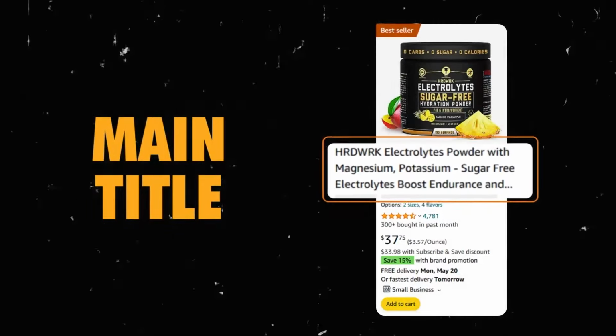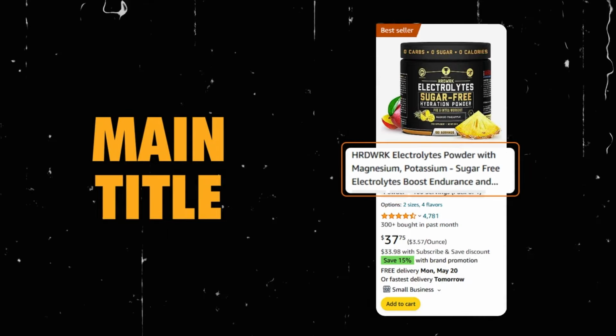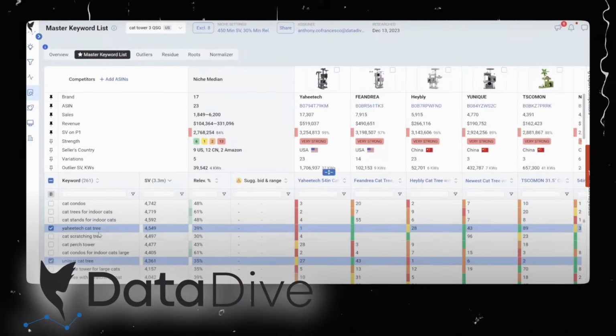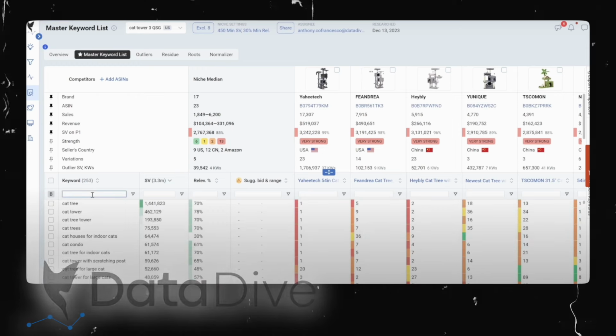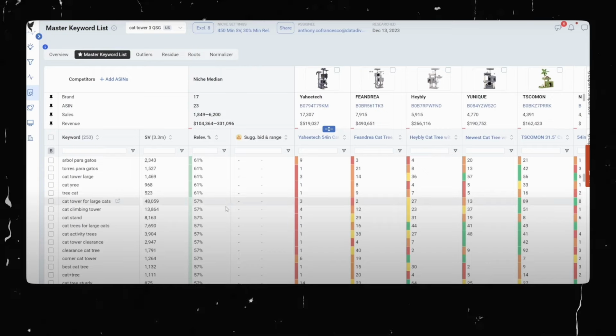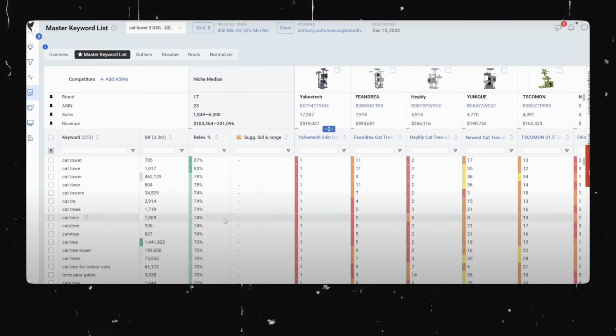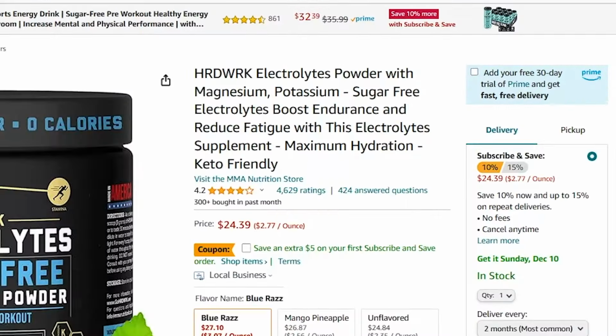Yeah, so titles, this one is simple. We don't need to touch too much on it because the title just needs to be SEO optimized. That is the core driver of your SEO. I use a tool called Data Dive where you can look at your competitors' titles and get an exact SEO value for each title, including yours, and then tweak your title until you have the highest SEO value. So the title just needs to have the main keywords right at the beginning, and then the rest of it needs to be somewhat readable.